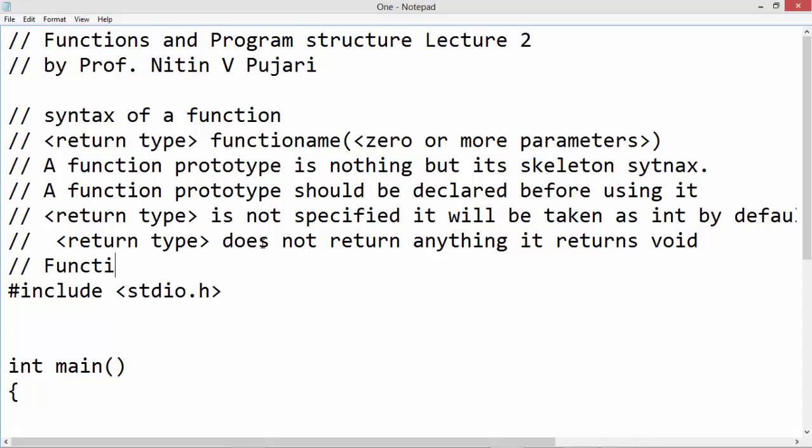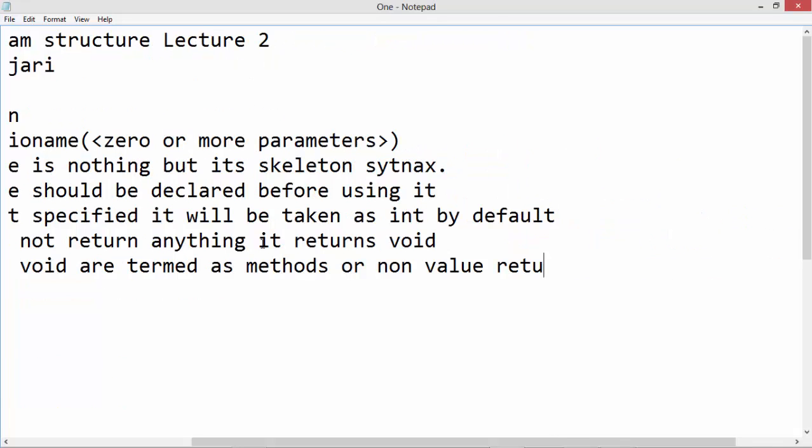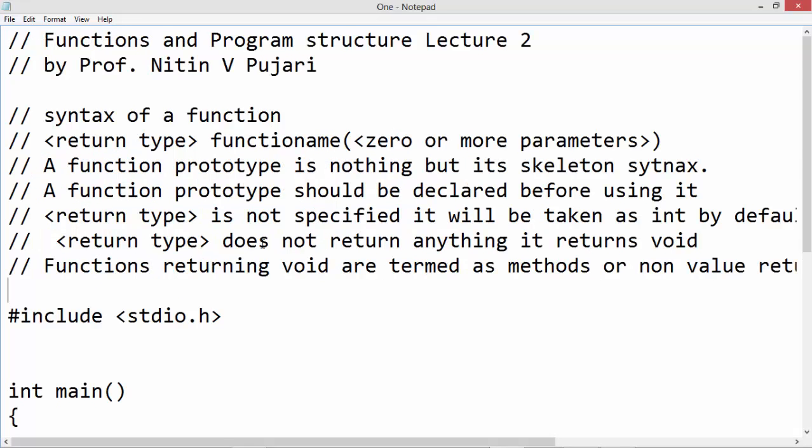Functions returning void are termed as methods or non-value returning functions. Okay,